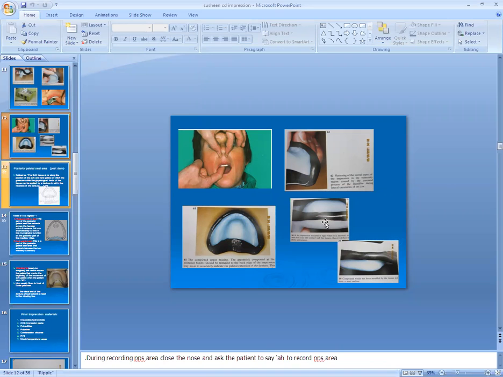We have to check the border molding in the light. Whether it is shiny, then there is no contact. If it is dull or matted, then it is in contact to the depth of the sulcus. Okay. Same as for mandibular,